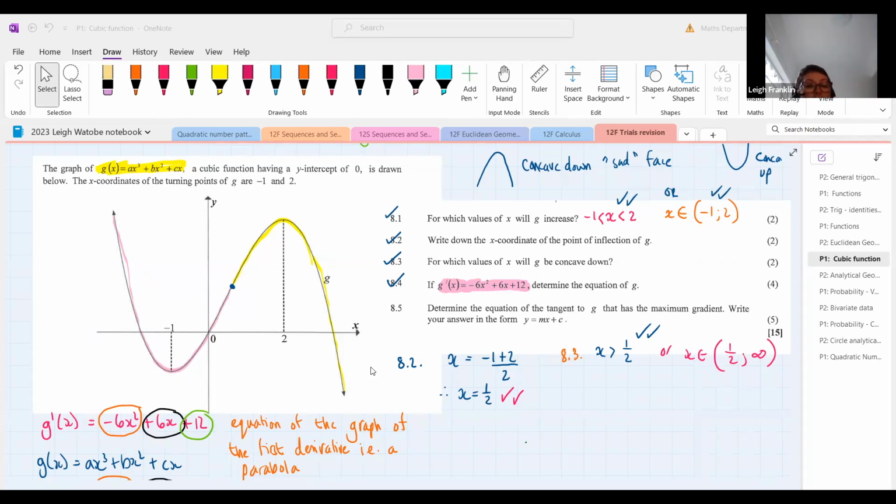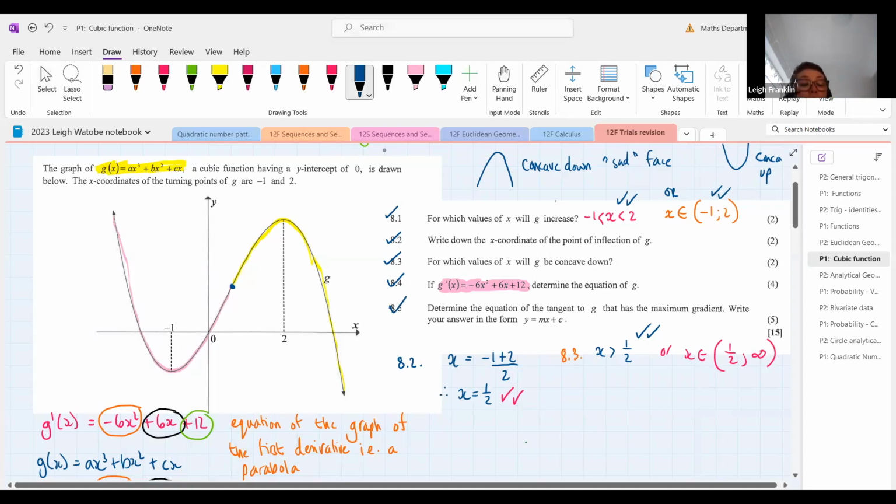Okay. All right, so now, in order to work out the equation of a tangent to a function, what are the 3 magic ingredients that we need? Sorry, this was question 8.4. What do we need when we want to get the equation of a tangent? There are 3 things that we need. That's it. So we need the x coordinate at the point of tangency. We need the y coordinate at the point of tangency, and we need the gradient at the point of tangency,